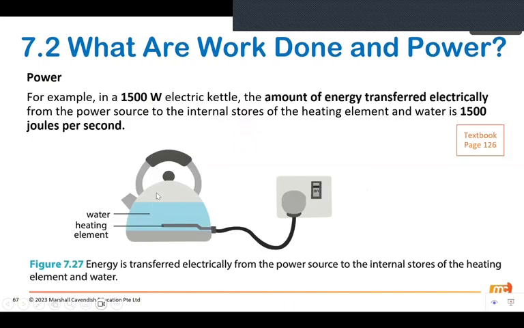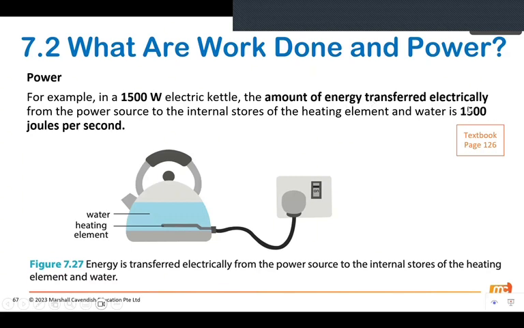In this case, I have an electric kettle. This electric kettle is rated at 1,500 watts. Usually you can find ratings of electric kettles or any electrical appliances on the appliance itself. There will be a sticker or a label that states its power. So in a 1,500 watt electric kettle, it simply means that in every 1 second, I will be able to convert